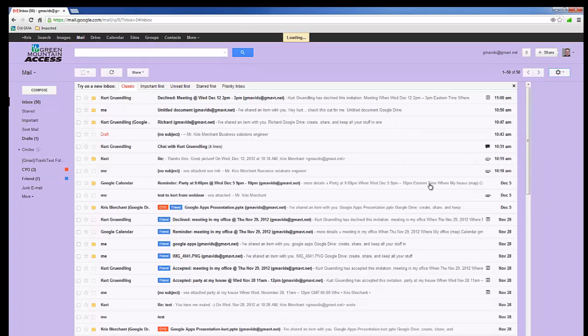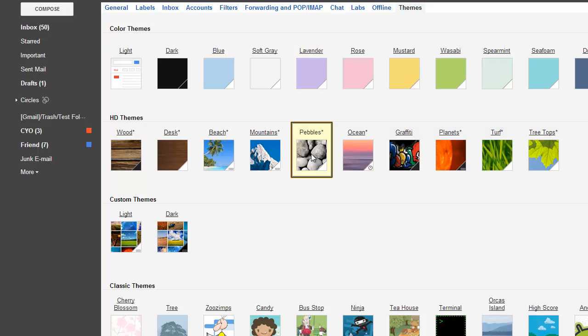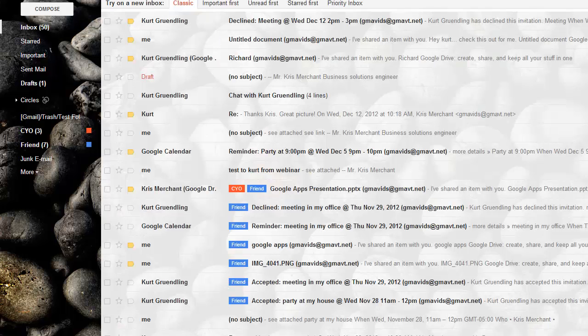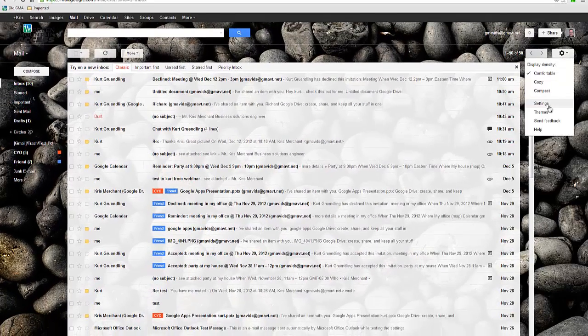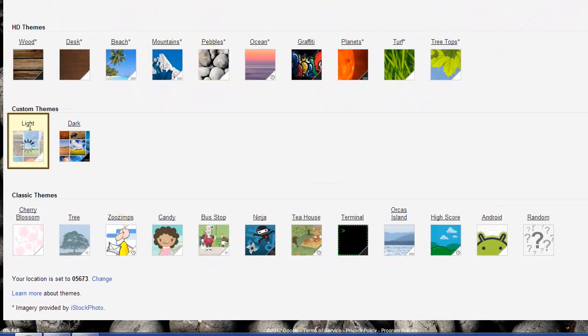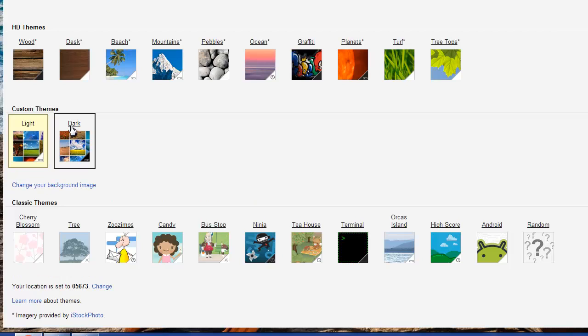You can have a lavender theme if you're feeling a bit lavendery that day, whatever that means. You can even do things that are a little more funky, like pebbles. These are things that come across that are pre-made themes. You can see there's pebbles in the background. So that's kind of fun. There are also, if you have your own picture too, one of the things you could do is go to custom light or custom dark themes down here. You could add a picture from, let's see, you could add a picture from,